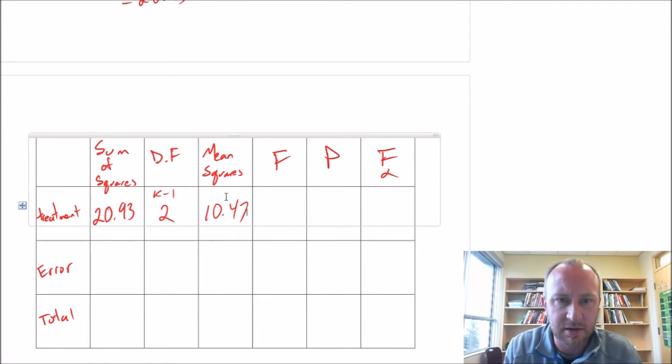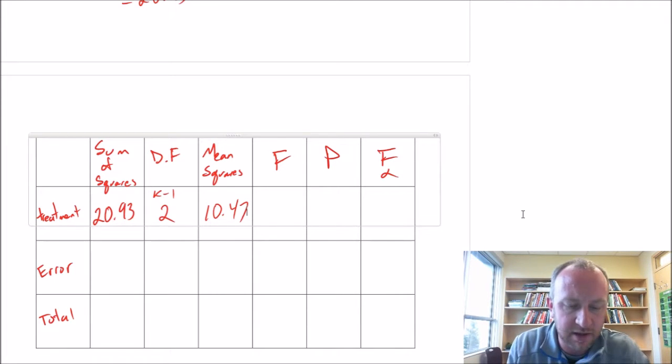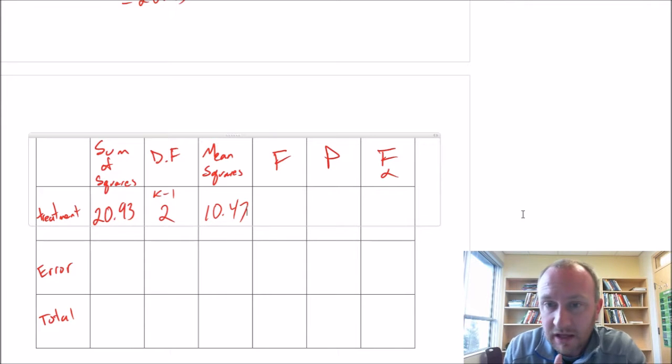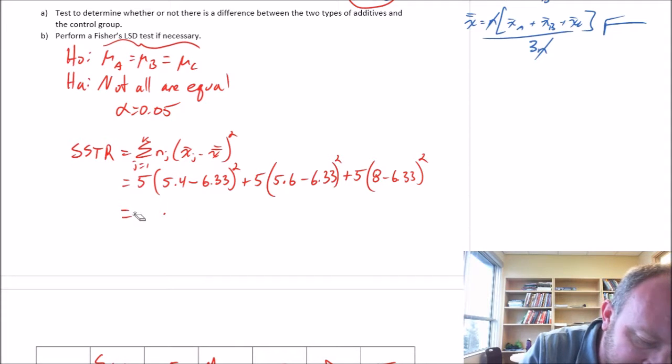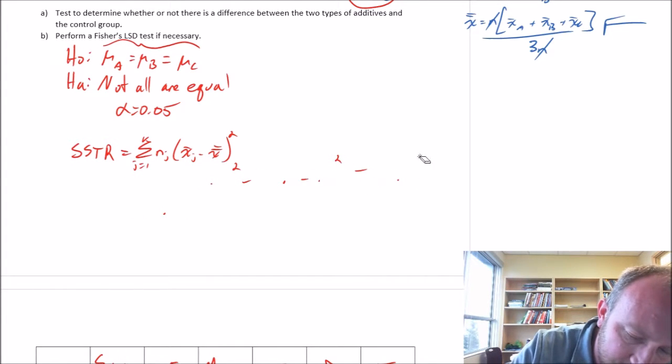10.47. Okay, good. We've got that done. Let's go on to the next row. Sum of squares error. Let me just clean up some space here. So SSE,